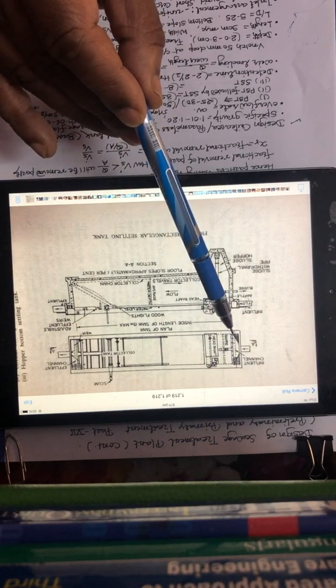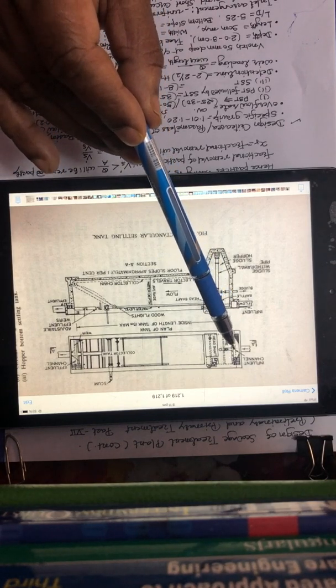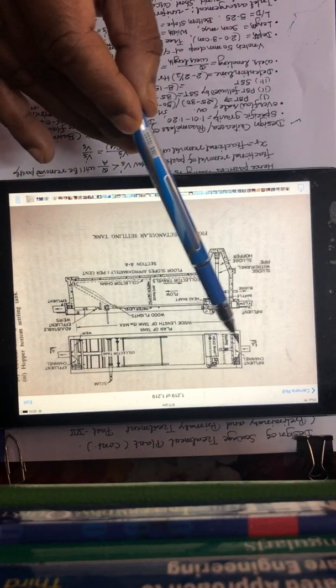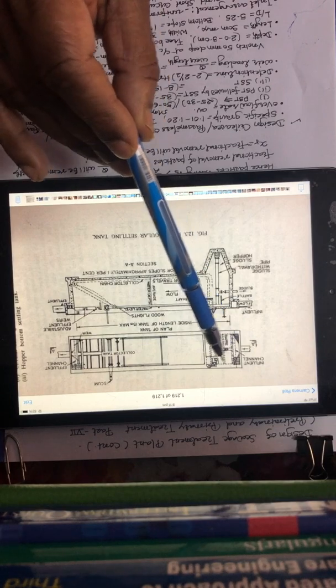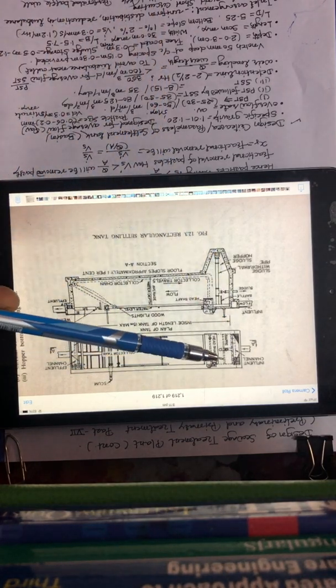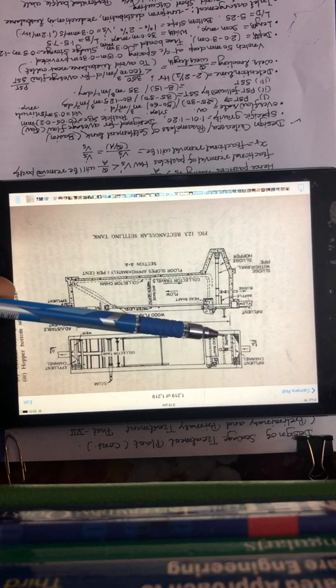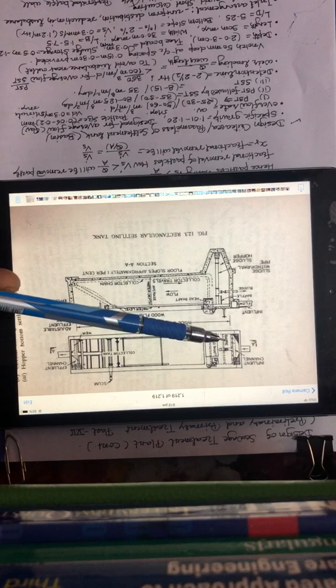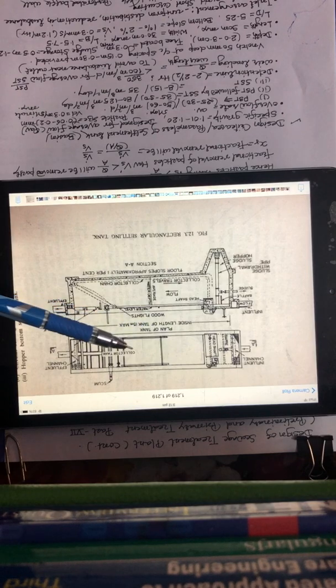weir, overflow weir, and there are pipes. You can see small circles. These are the openings through which the sewage is distributed uniformly throughout the width. Then this dotted line is the baffle plate, overhanging baffle plates, through which the sewage is diverted downward and horizontal velocity of flow is made 0, and then sewage flows from top here to here, and then this is a